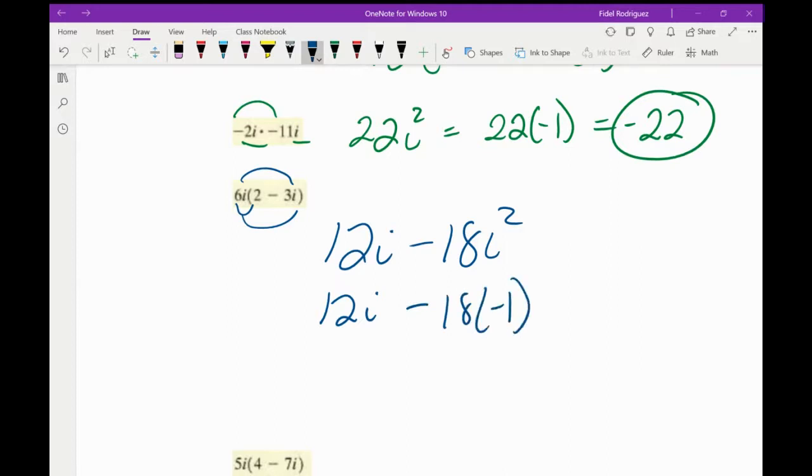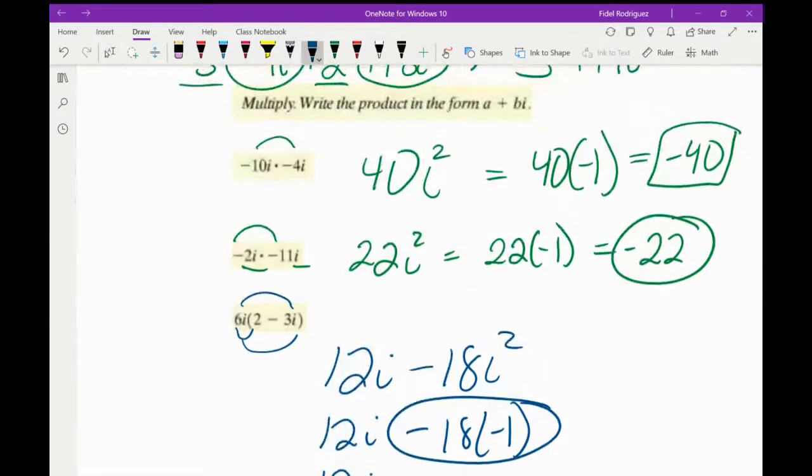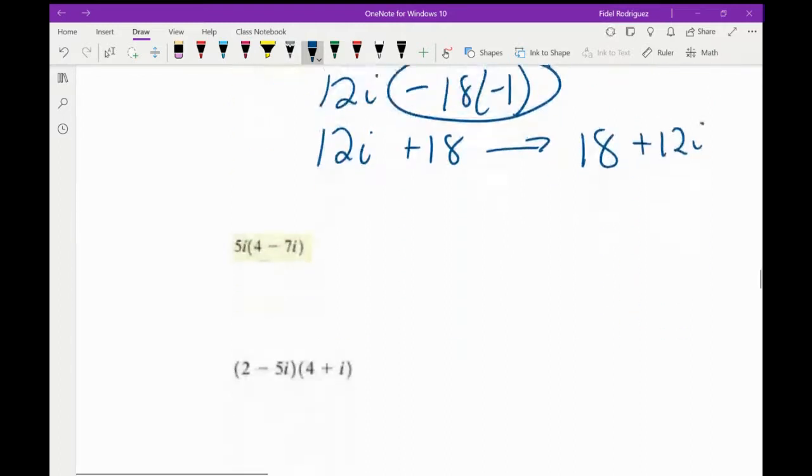And then we said i squared was negative 1. So a negative 18 times a negative 1 is a positive 18. Now, guys, if you notice, the directions tell me to write it in the form a plus bi. All that means is they want the imaginary part coming second. So I'm just going to rewrite this as 18 plus 12i. Okay.